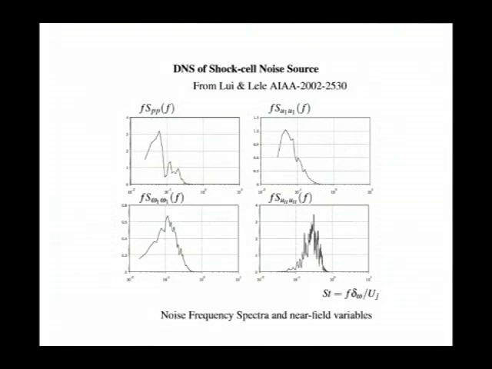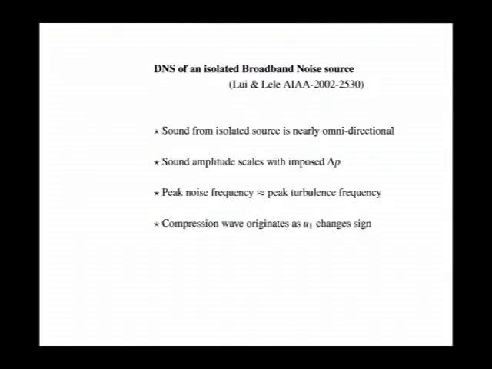And so we see that the energy here is at a Strouhal number defined in this way of 0.05 or so. This is a similar spectrum of the turbulent fluctuations near the interaction region, and we see that the turbulence peak is essentially at the same frequency as the frequency of the sound that is produced. Spectrum of the second time derivative of the turbulent fluctuations at the local point, of course, has a frequency peak which is much larger than the sound frequency. So it's not this which is going to explain that sound. And so there is some thinking required to see how one can explain that theoretically,